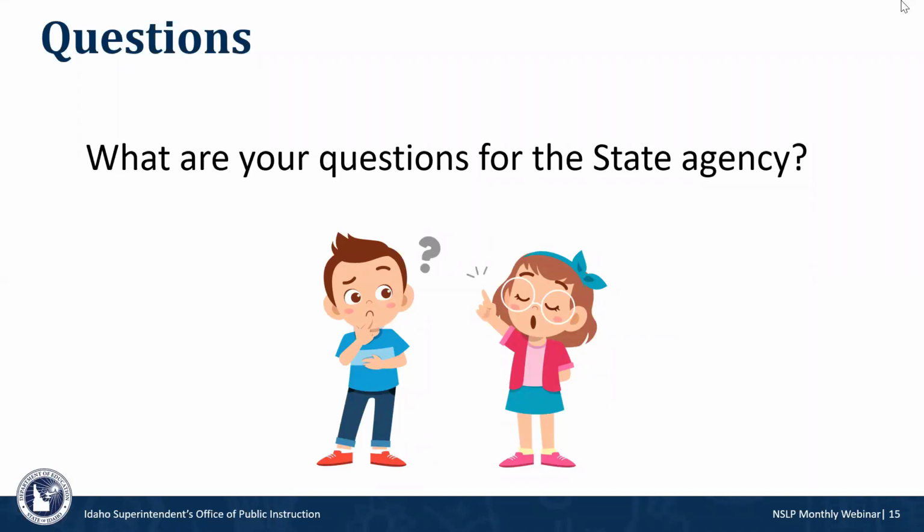With PEBT, when are the benefits effective, the turn-in date or the date they are determined to be eligible? That depends on your process. So ideally, every application that comes in, your front office or whomever is collecting the application is stamping it the day that they receive it. So if there is a date stamp of when the application was turned in and the child is deemed eligible for free or reduced benefits, the eligibility date goes back to the date that it was turned in.